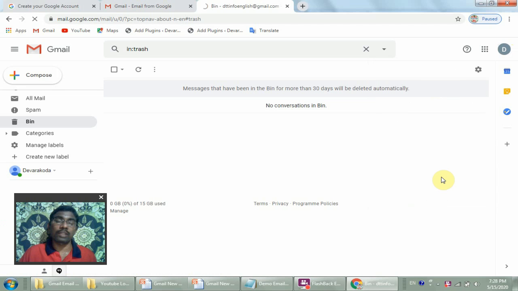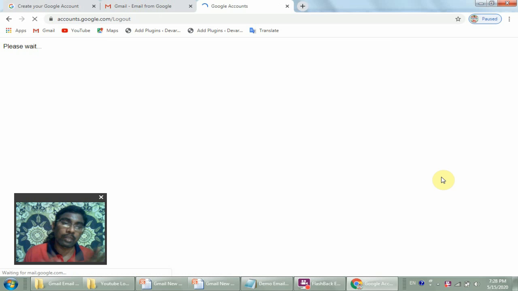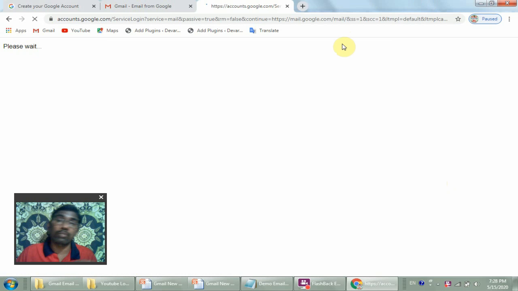If you close the Gmail account immediately without signing out, somebody may hack your account. So please remember, don't disclose your password to anybody. Keep your Gmail account password secret in any way, as per your choice.